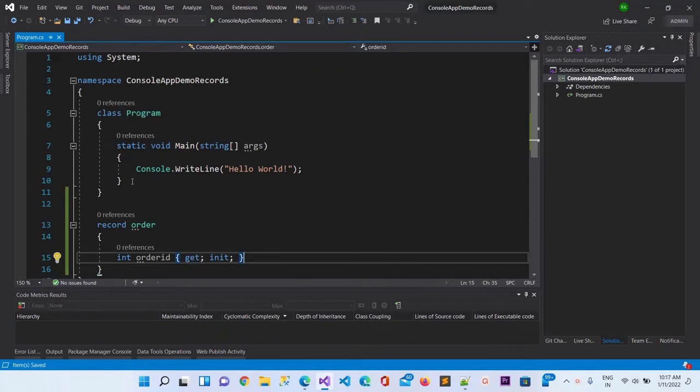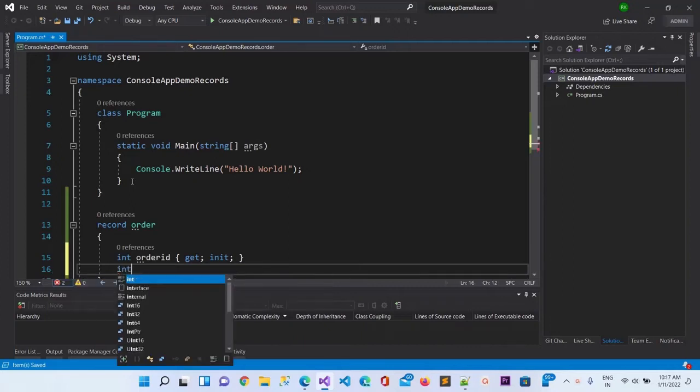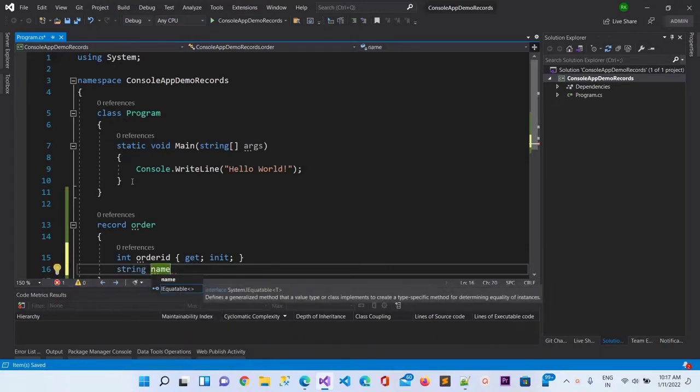It is not necessary, but it is expected when you use record, because record is basically meant to work with a large amount of data, and it means to use the feature of read only. Let me put another thing here, a string name of the order, and here again I will use get and init.